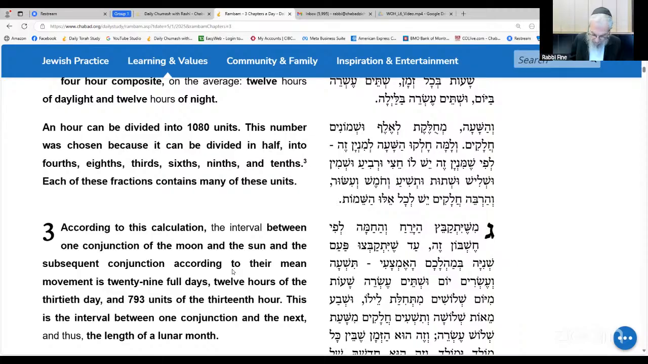18 units a minute, right? 60 divided by 18 equals 3.333. So 3 1/3 seconds is a unit. So 1080 times 3.33